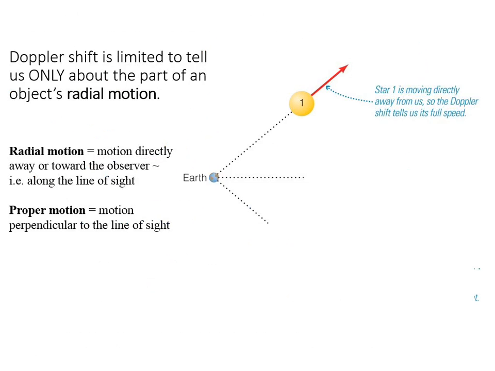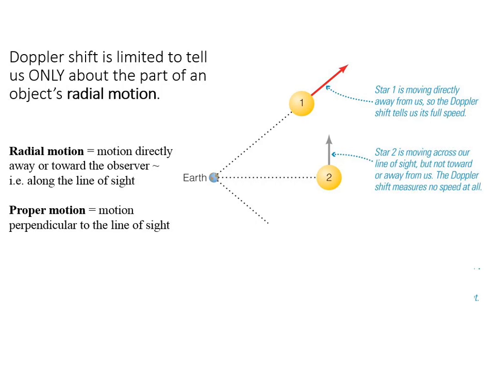So I mentioned the whole line of sight thing, the Doppler effect or the Doppler shift. When will it work and when won't it work? It will only work if those waves can be compressed or lengthened with what we call radial motion, line of sight. So for instance, if star number 1 was moving, we could know. If it's moving away, it's going to give us a red shift, right?